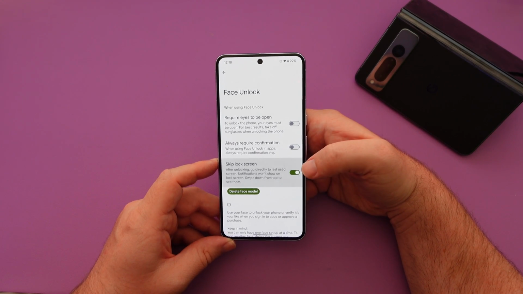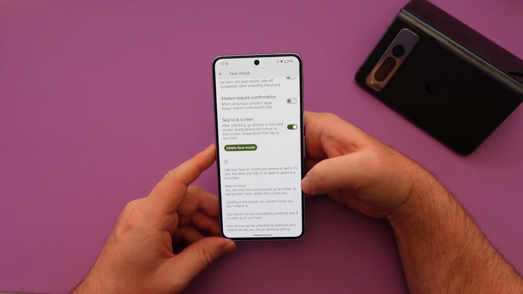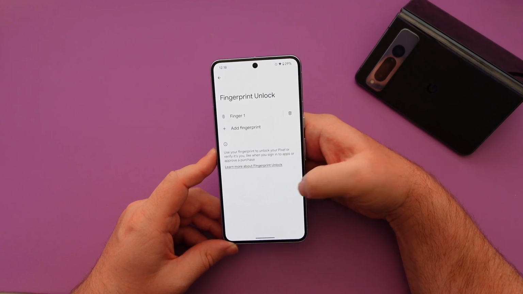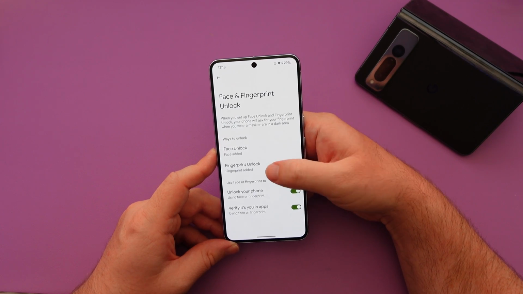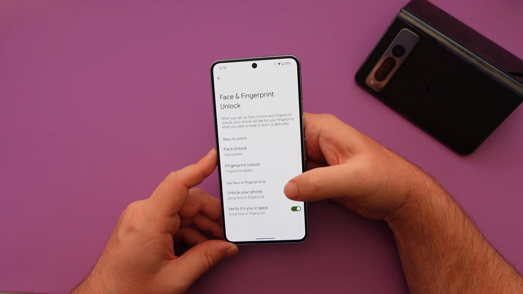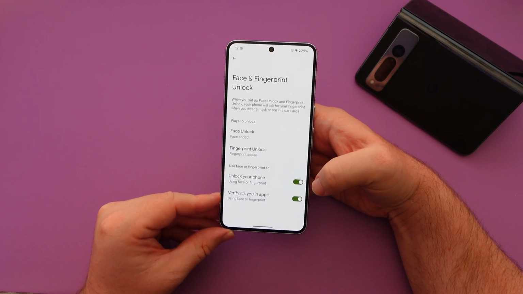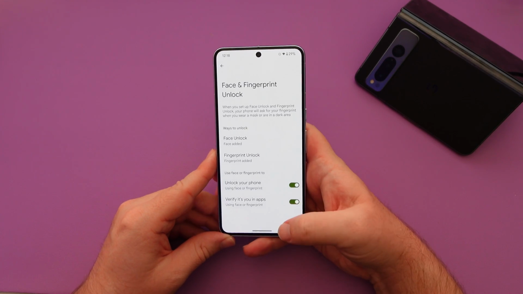So I'm going to turn that on. I don't mind skipping the lock screen at all. I think that's helpful. Fingerprint unlock. I have my fingerprint on and set up, but if you wanted to add another one, you can very easily right there. Use face or fingerprint to unlock your phone. You can turn that on or off, or to verify its use in apps, you can turn that on or